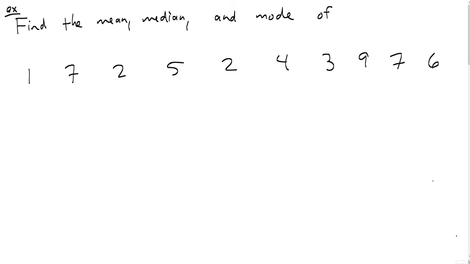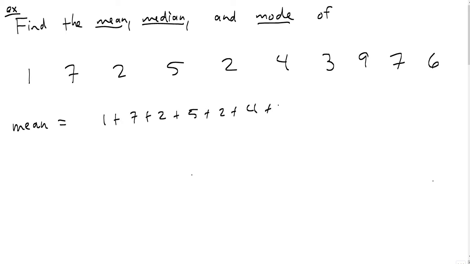Okay, so today's lesson is on mean, median, and mode. Usually a subject that a lot of people are familiar with, which is good. There are three different ways of measuring what we call the central tendency of a large collection of numbers, a data set. That is, what's the average? What's the middle? If we could use one number to sum up the whole group, what is like a normal number? Now, the mean you get by adding up all the numbers: 1 plus 7 plus 2 plus 5 plus